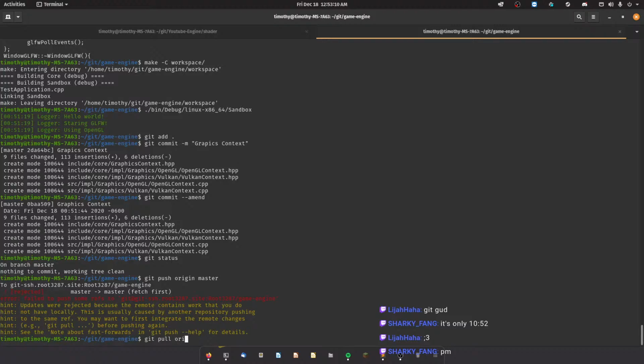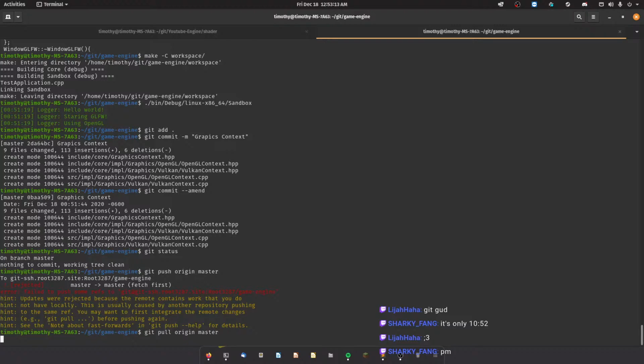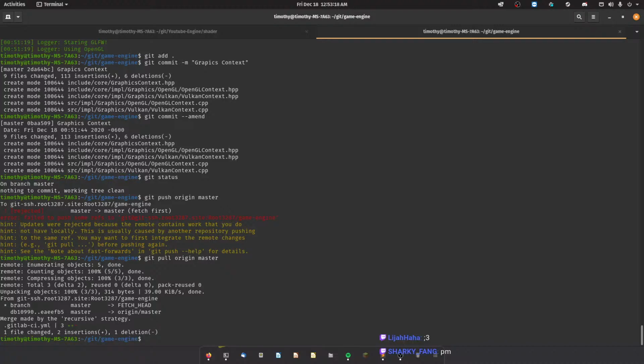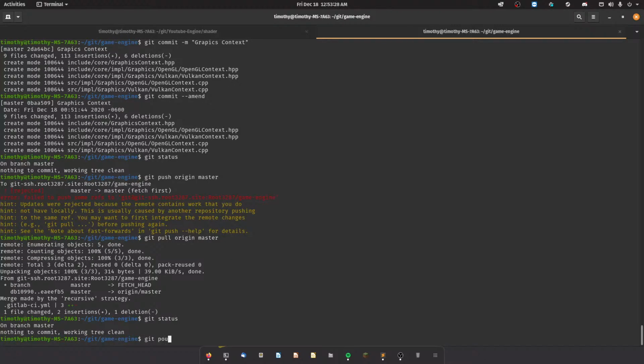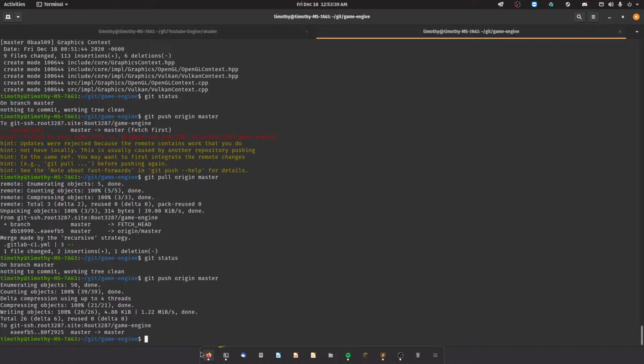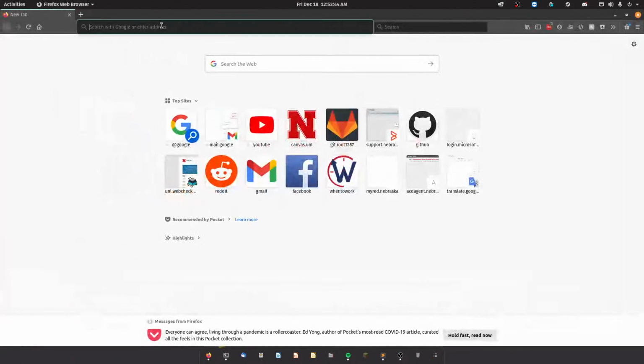Yeah, let's pull origin master. See what I changed here. I only changed the git CI, so that's not much. Git status, git push origin. Now, if I go to my website here, root3287.site,